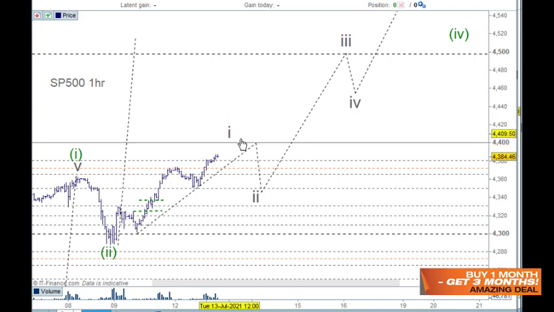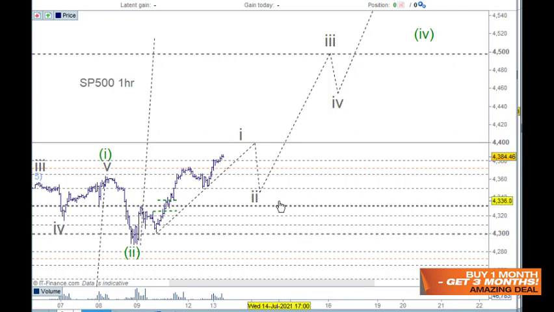And now we're approaching this wave 1 here, and if you've got a keen eye, you'll see this is wave 1 here, and 2 here, and 3 here, and 4 here, and 5 here. So we're close to the top here. Will we actually reach the 4,400? Probably, but what we really need to understand is that